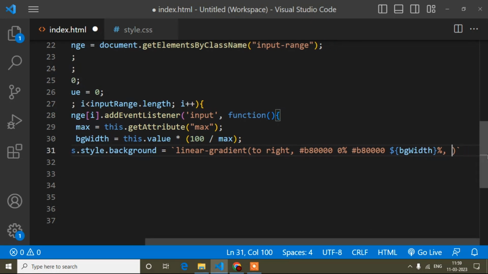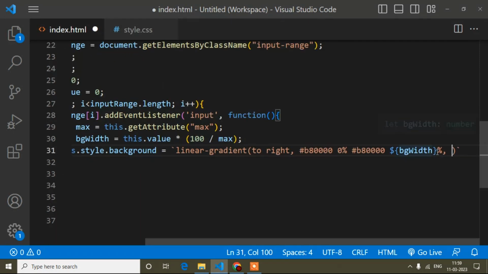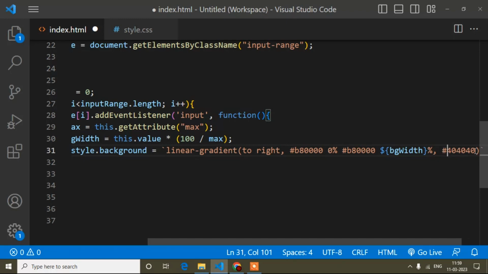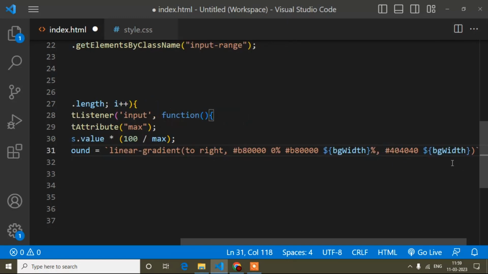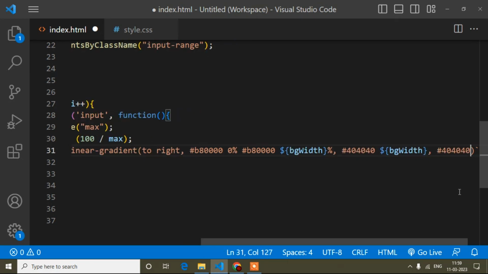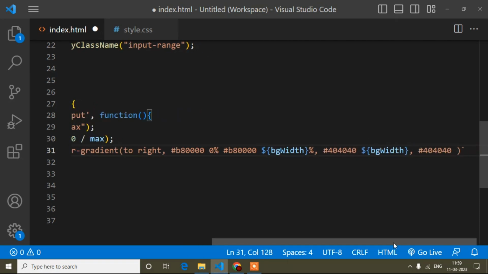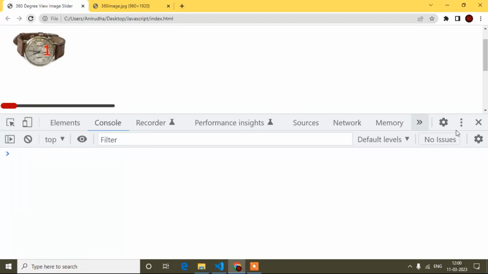This is up to here, right? The part which is not filled, I will fill with this gray color. So here this gray color, and then I'll copy how much it will be, the part which is not filled. This thing, and comma, this color again, and 100%, like this. Let's see whether it is working or not.